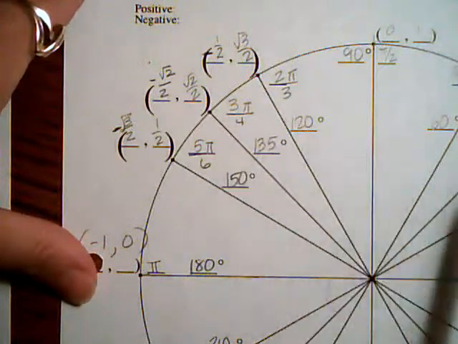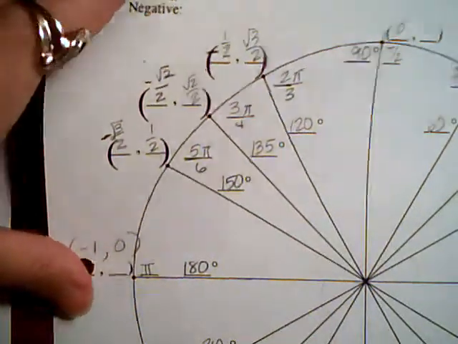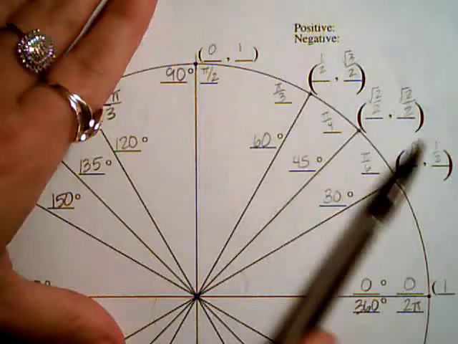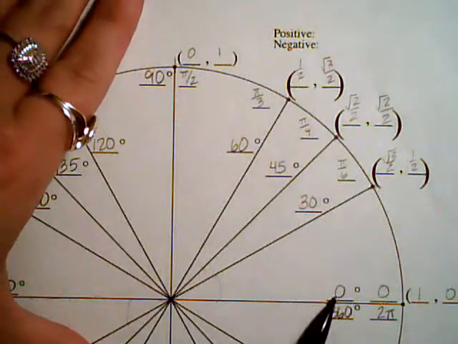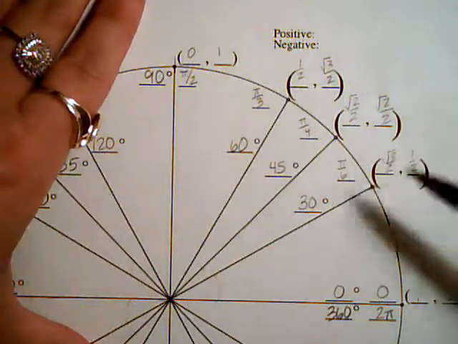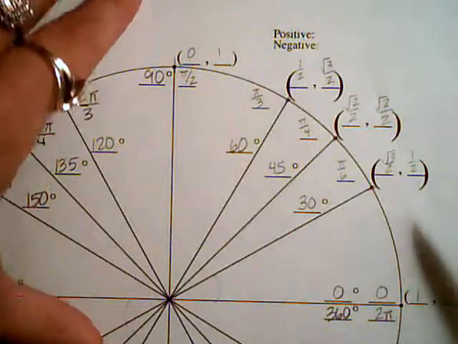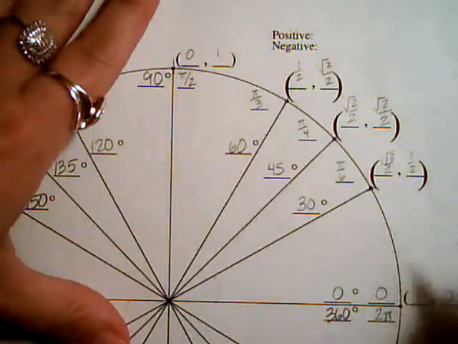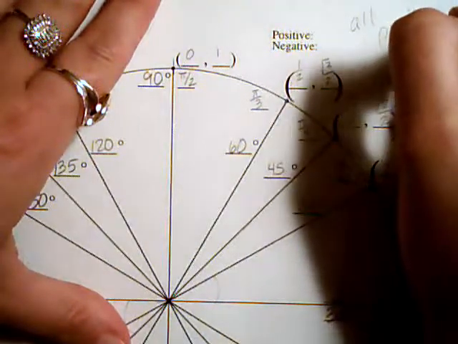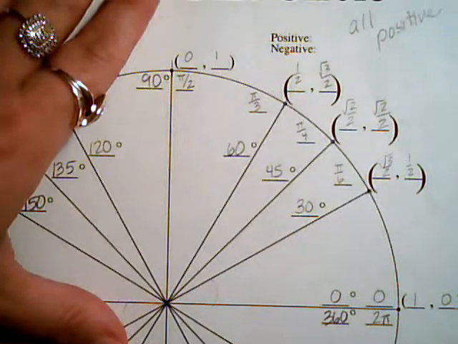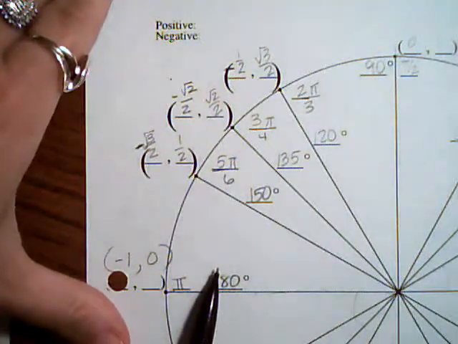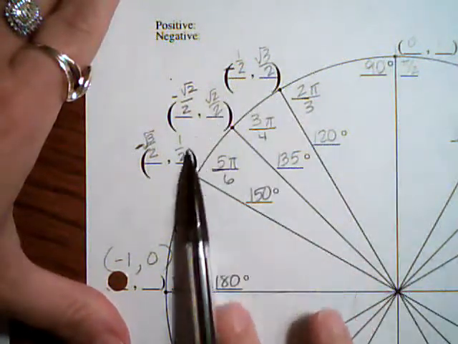As you look at the different values, you'll see in the first quadrant, because my x's and y's are all positive, that if you have an angle that's in the first quadrant, it's going to have a positive sine and a positive cosine and a positive tangent. Okay, so in the first quadrant we say that all of our trig functions are positive. The reciprocal would have the same sign as the function, so in the first quadrant they're all going to be positive. In the second quadrant, sine is positive because it's the y,